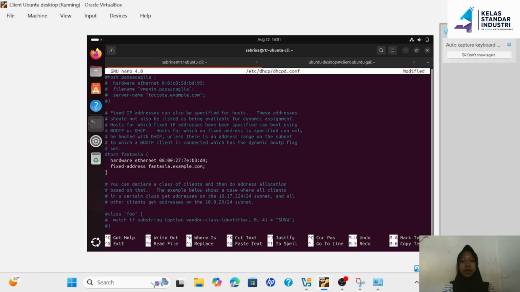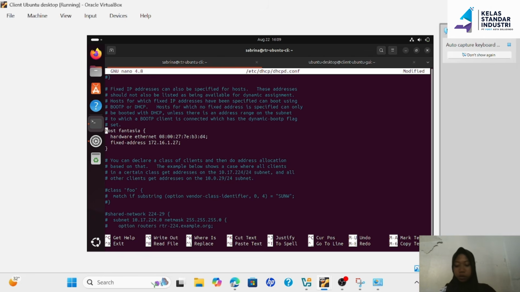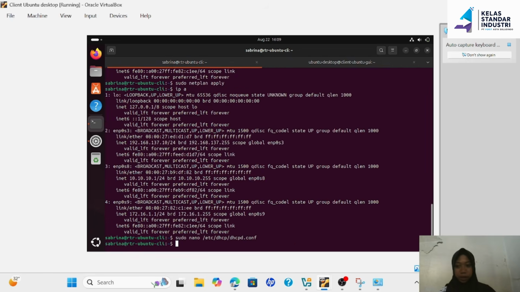Okay, then in the fixed address section, we enter the IP address that we want to assign. In this example, I will use IP address 172.16.1.27. Okay, after that, press Ctrl X, Y, and enter.